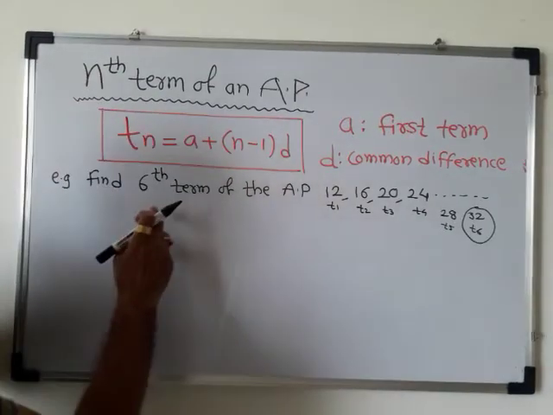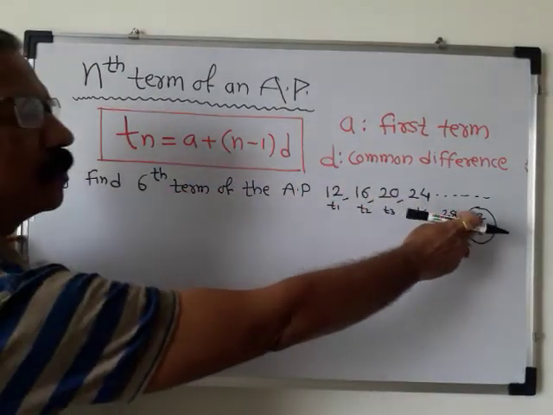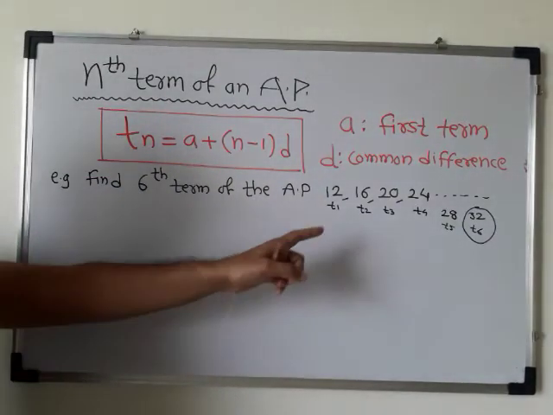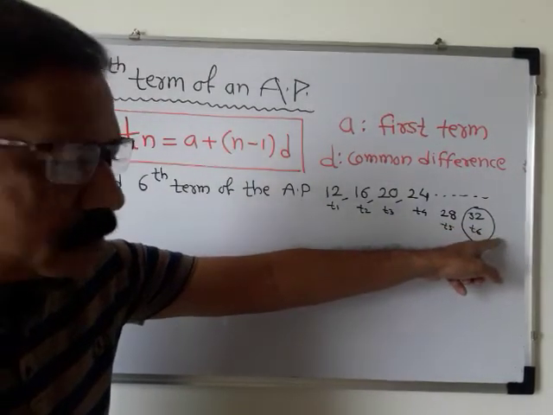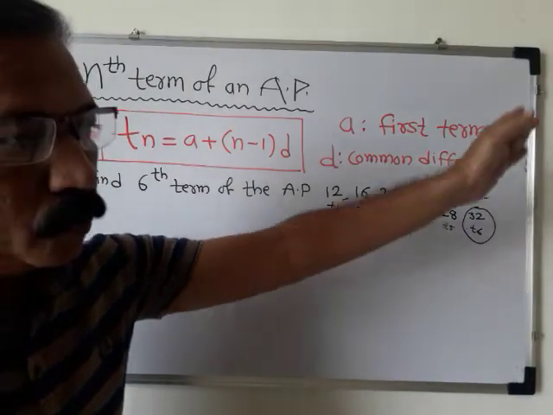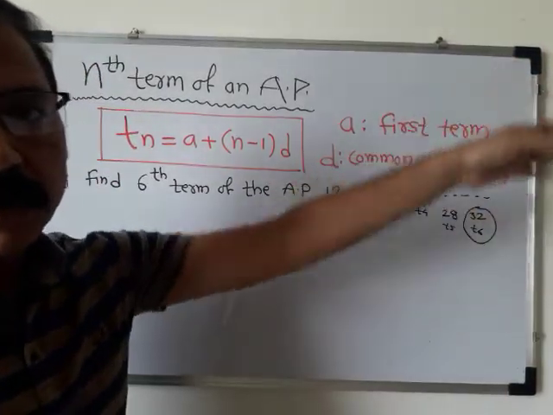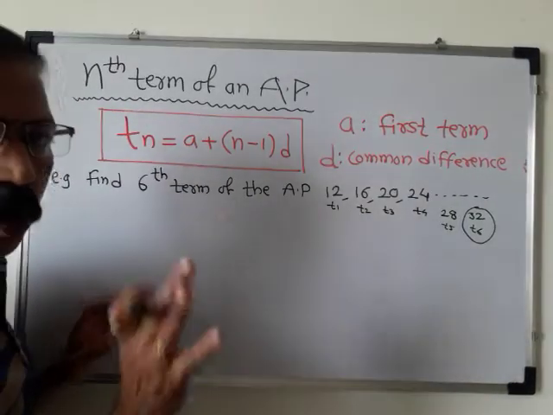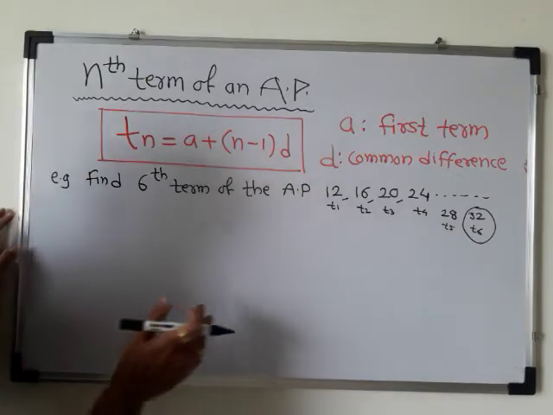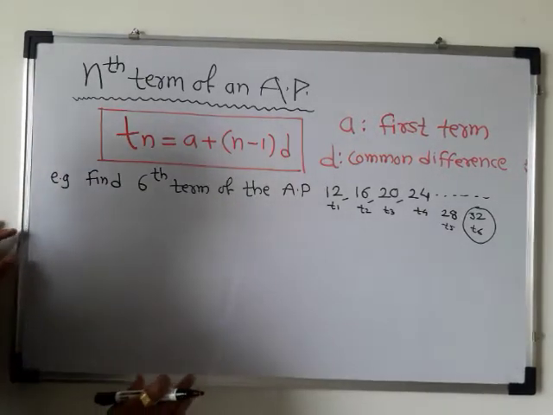But by using formula also you can find that term directly. Because fifth term, sixth term, seventh term you can find orally. But if you have to find the 81st term, 89th term, then it is not possible orally. You require formula for that. Let us check our answer is correct or not.